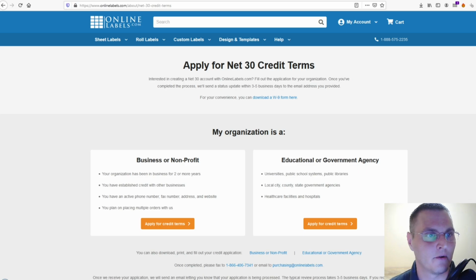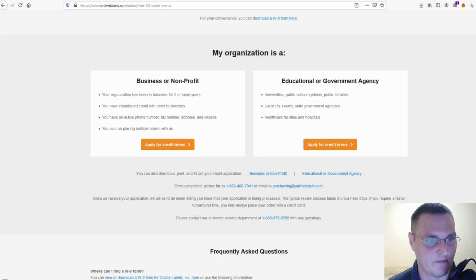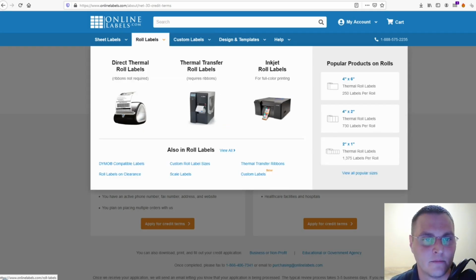So on this one, you're going to go to the net 30 terms. And let's see here. When you fill it out, obviously you're not going to put education or government unless that applies to you, but it's 99.9% not going to apply to you. So you're going to go through business or nonprofit. It says your business has been in business for 2 years or more, established credit with other businesses, you have active phone number, fax number, address, and website, plan on placing multiple orders with them. So they have custom labels and label machines,